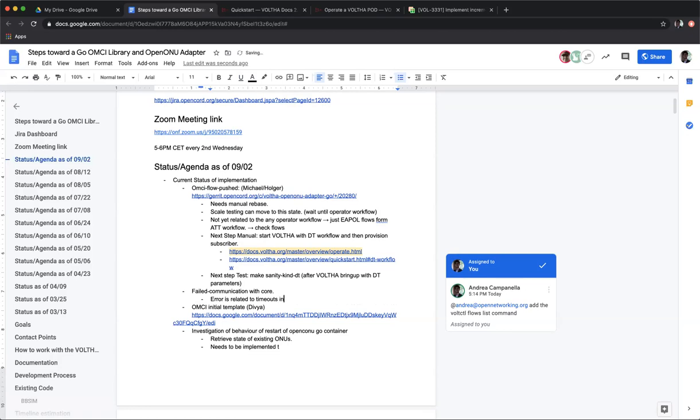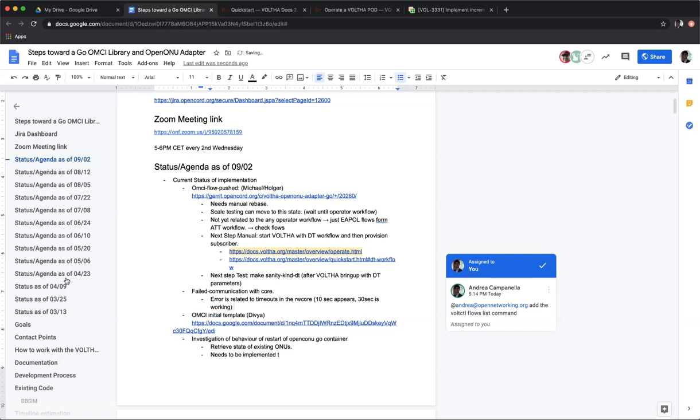So in my environment, this error does not appear anymore. And I've also posted a comment from my side that, in my point of view, it shows that the error treatment for such kind of problematic situation, where the processing on the ONU adapter perhaps takes longer than the 10 seconds